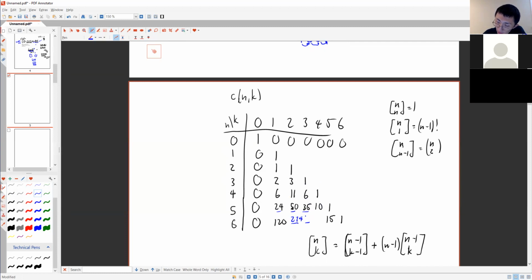So that's 175 to 25. I should just write it in black. And then this number should be 35 plus 5 times the number above it. So that's 85. Okay, so, are there any other patterns we can notice